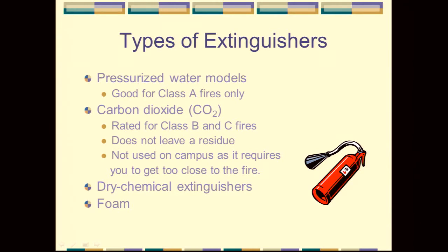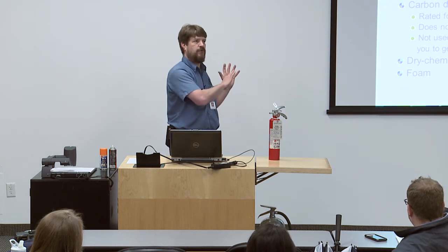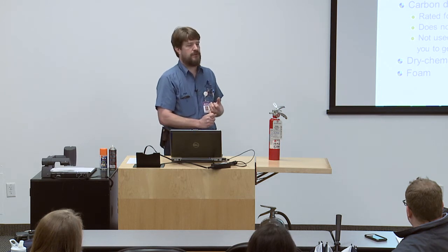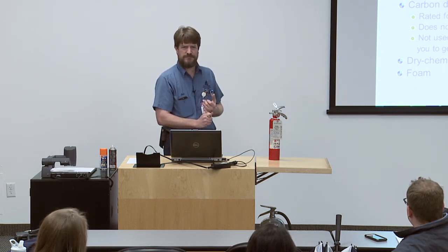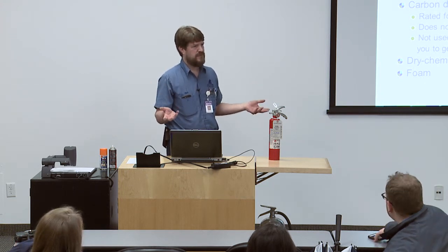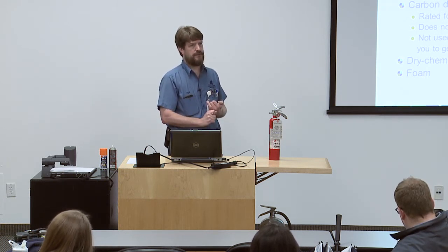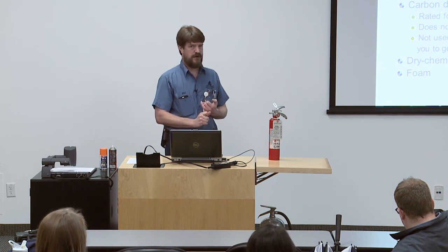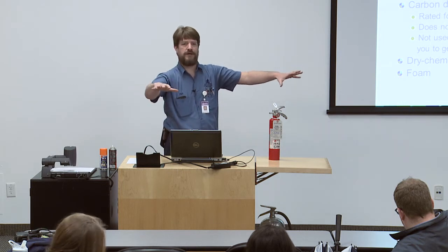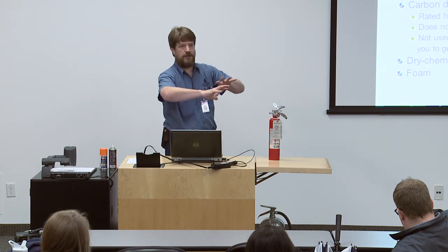Another one we have is foam. I don't have a foam per se with me. We used to use those for the IT electrical stuff. The foam would come out. It would be very messy, but it wouldn't hurt the electrical equipment. We use a type of foam, it's called a wet chem, in the kitchens for the high grease areas. So we have that system that dumps the chemicals right on top of the grease pit where we use for all of our fried chicken and stuff,